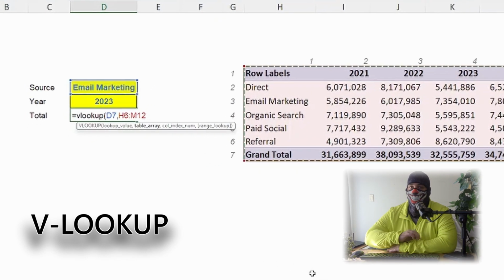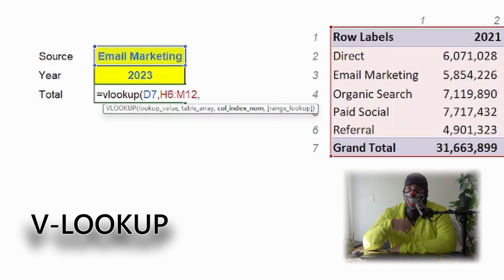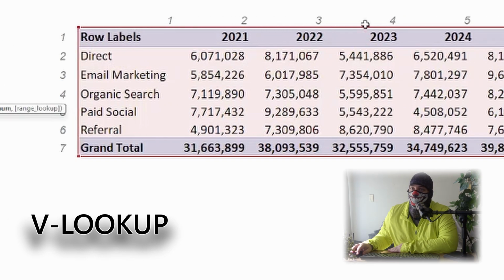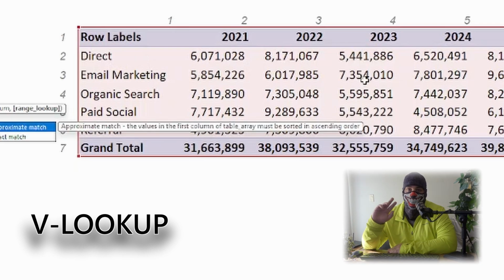Then it asks for the column. The column here, we want to be the 2023 column. And if we look over here, we can see that 2023 is the fourth column. So the label column counts. It's 1, 2, 3, 4. We type in 4. And then the last one, if it's true or approximate match,